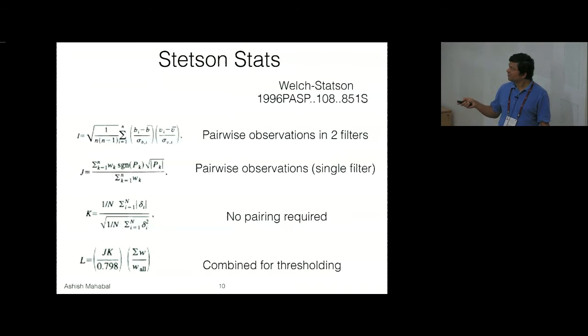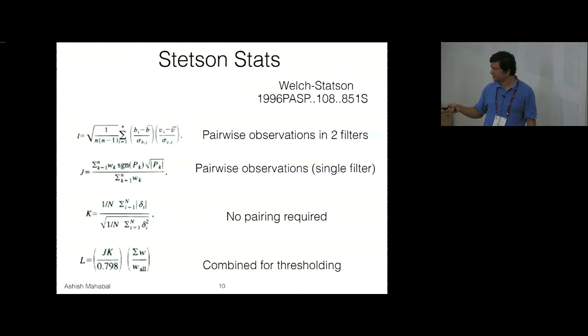And then if you want to say that I don't want to go after pairs, because finally I have a time series, and with pairs you are restricting somehow what you can infer from the time series, then you can use it without pairing by finding out how many points you have and redefining your feature. Here, for instance, K, if it's a Gaussian kind of process, then you get this specific number 0.798, and then you get different numbers for K depending on what kind of time series you have.